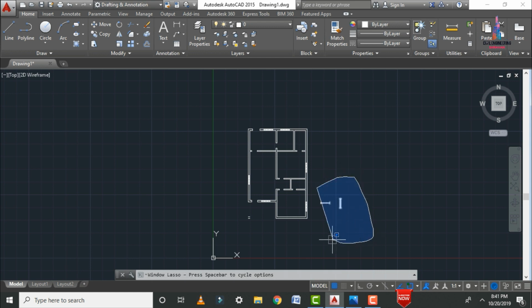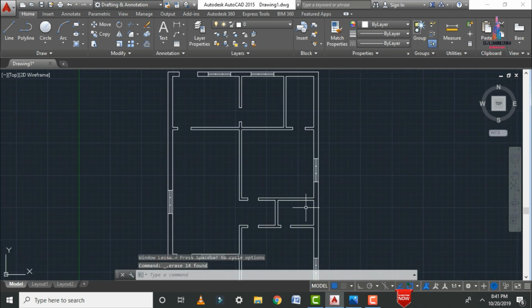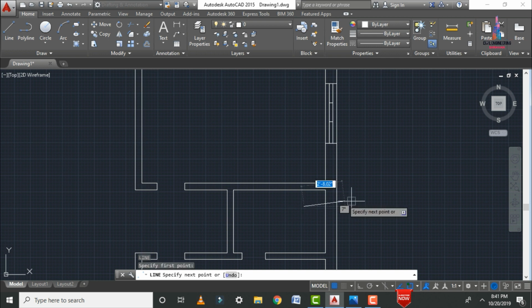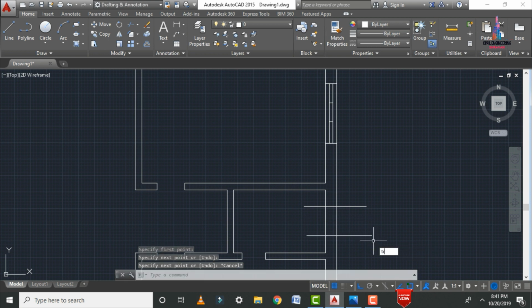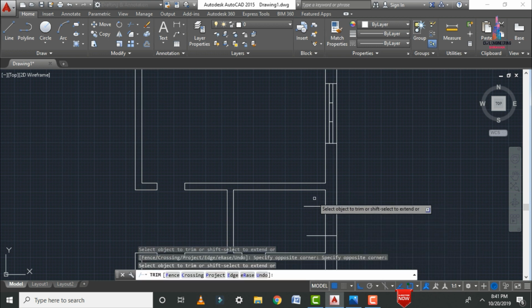Now we have to apply the ventilation section. For that I am drawing the line. Let us consider the starting point here. Again you have to click on F8 option, click on the second point. Now we have to consider the line again. Again I am considering here tr double enter. So click on this respected point, click on this respected point.